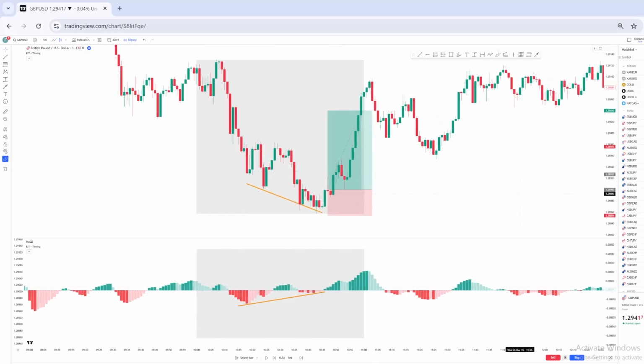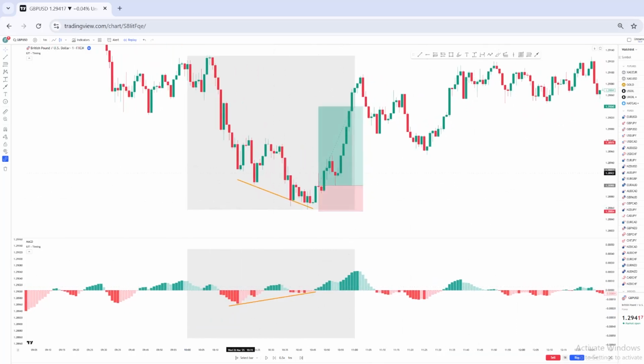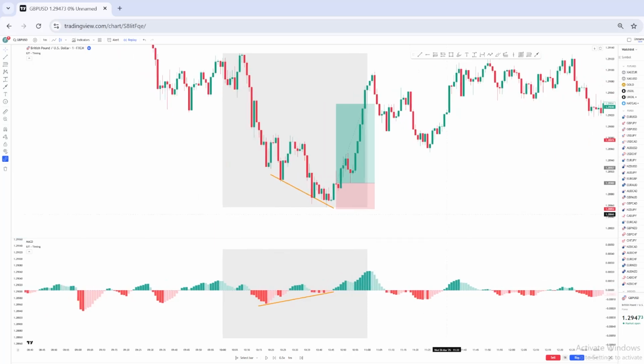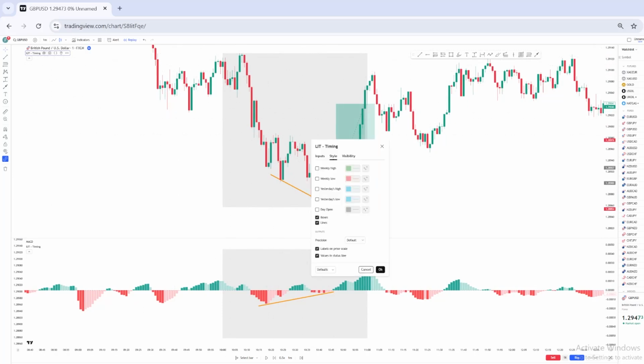But we also need, on the price section, we want the price to go down to make a lower low. So a higher high on the MACD histogram, but a lower low on the price. And so what I am looking for is during this gray box, by the way, I am using this lit timing